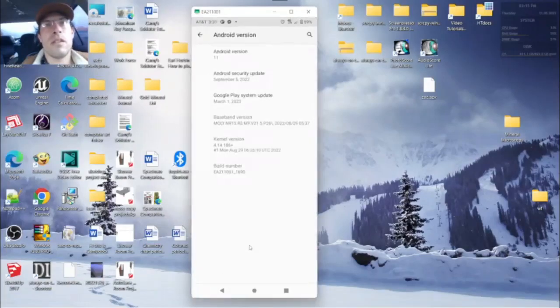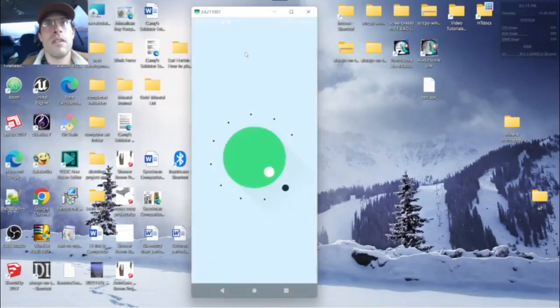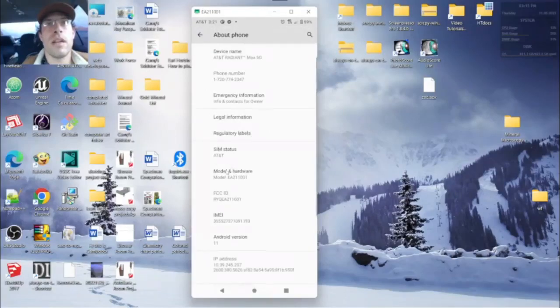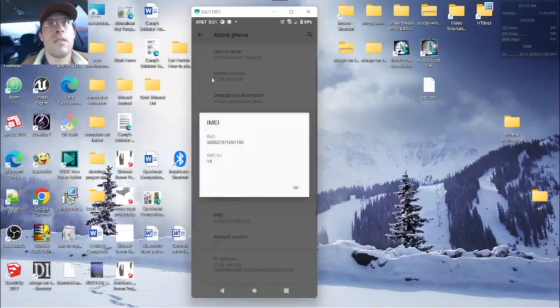And you click on your Android version so many times. Or no, your build number. You'll click on your build number 7 times. Maybe 8, 9 times, and then it'll say developer mode enabled, and then you'll go back, and then let's go